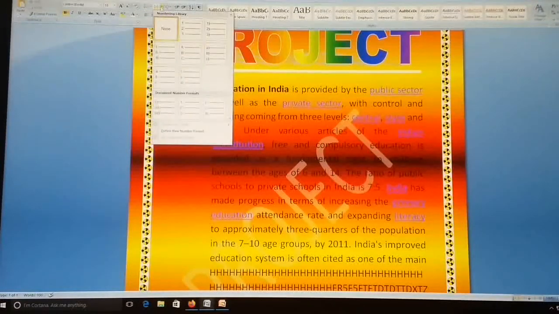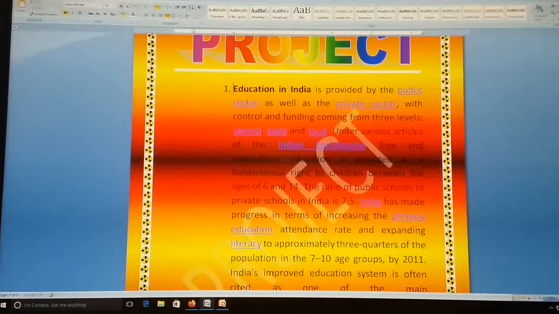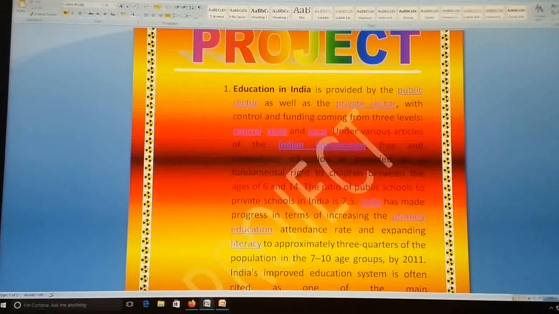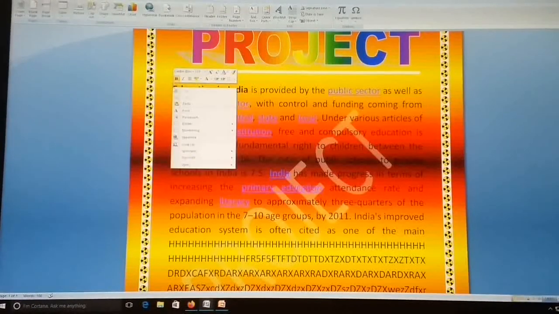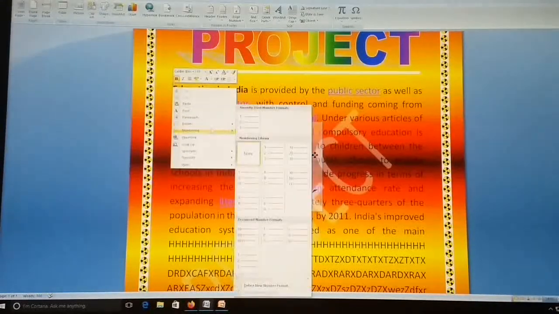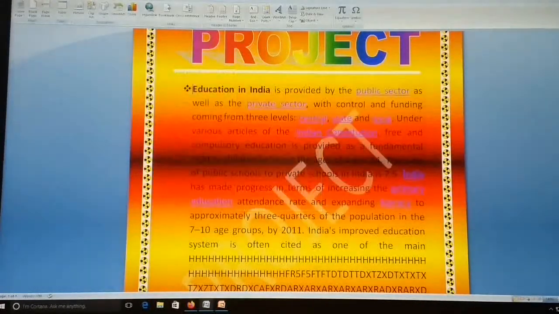There are number options, 1 2 3, A B C, I to I, any option you can choose, and accordingly it will show. Another way is to just right click there, then click on the bullets or numberings option.